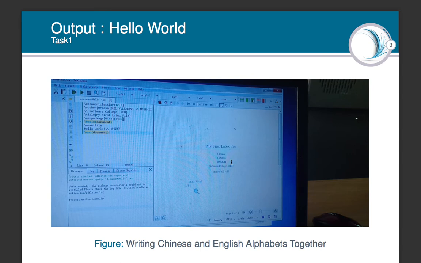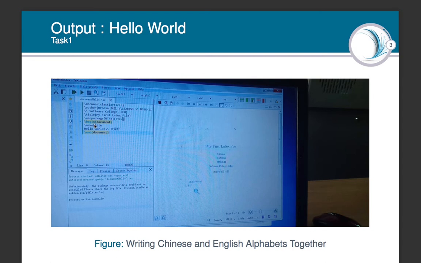Okay, so now this is a simple hello world code for just displaying hello world in your latex report, in your latex text file. So here you have seen that \documentclass{article} means this page is an article, \author means this name will appear here. This name actually belongs to the person who is developing the latex file, and this is a comment. The third line is a comment, and the title is for my first latex file. You have seen in the output file we have a heading, and then